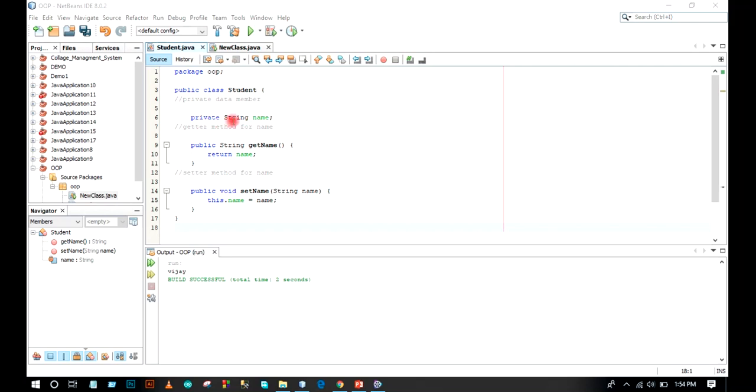class, private. The variable data type is String, and the variable name is name. And there is a getter method for name, public String getName, and the return type is name, and a setter method for name, public void setName, with a parameter, and this.name equals name,